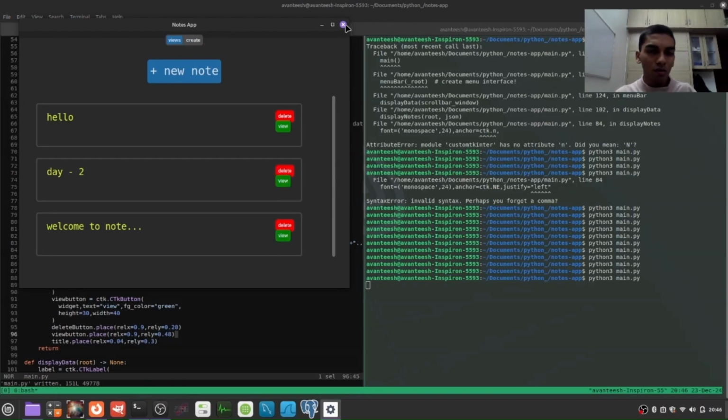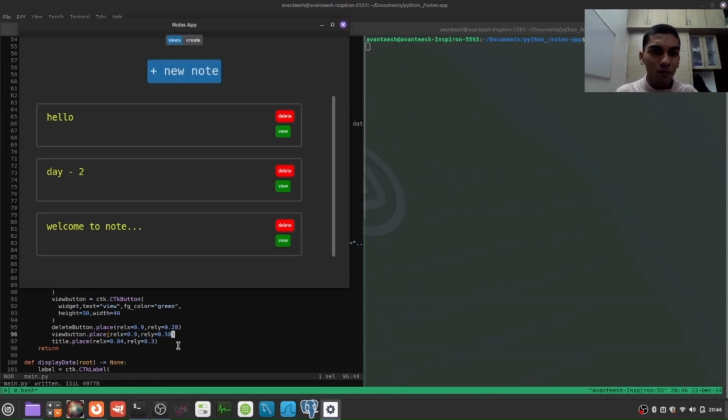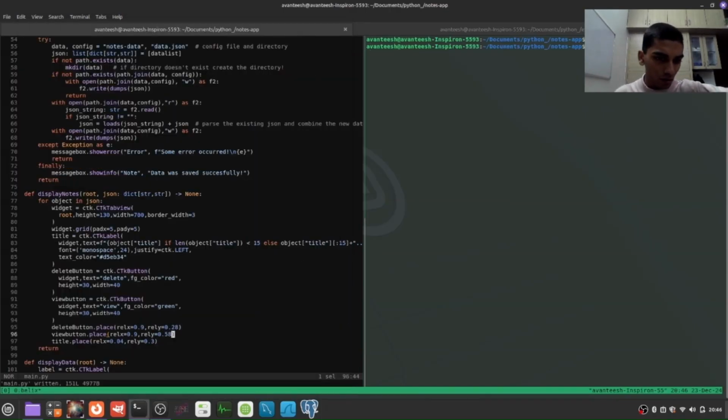Okay, so this is the view button. Let's make some changes in the positioning. How about 5/8? There we go. So that looks pretty good to me. And the view button. Now another thing we need to add is obviously the callback for our delete and view